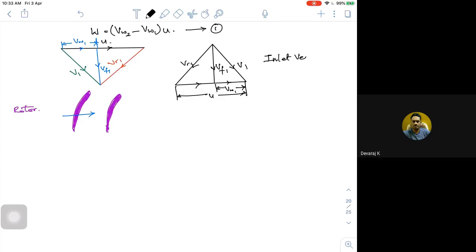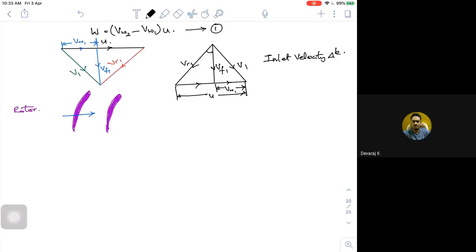So here, see, you have this option. They call these air angles. So gamma 1, gamma 2. If this is my beta 1 and this is my alpha 1, I can show here also alpha 1, beta 1. Okay, so I can have this as gamma 1, gamma 2. So gamma 1 and gamma 2 are called air angles.